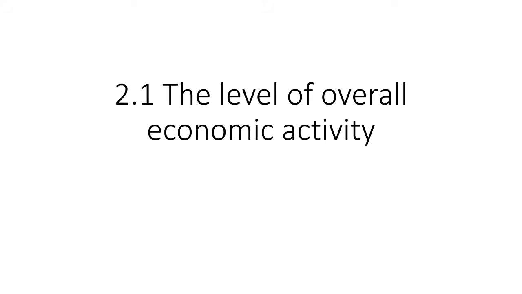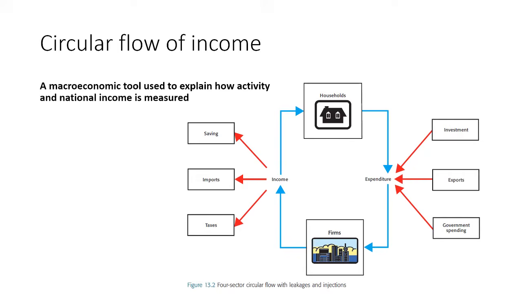We may embark with the initial chapter, which is the level of overall economic activity. So this opens the concept of the circular flow of income model. This is a macroeconomic tool used to explain how activity and national income is measured. So here you can see that